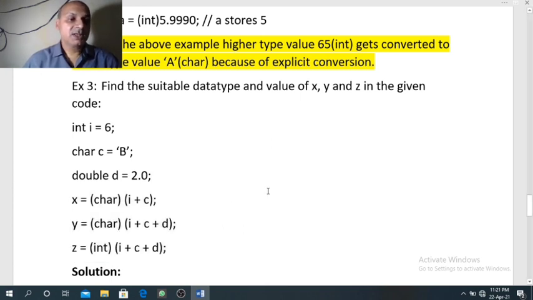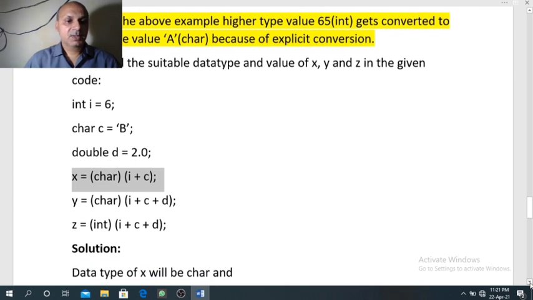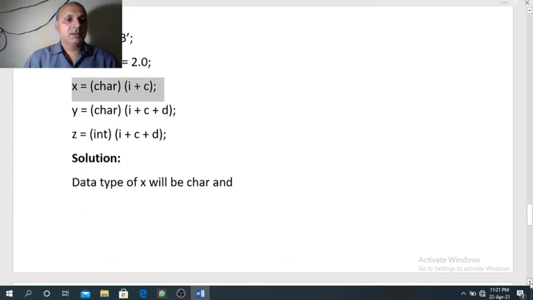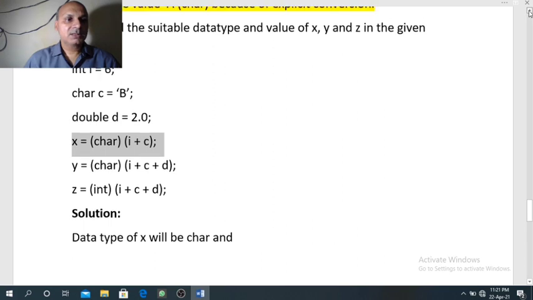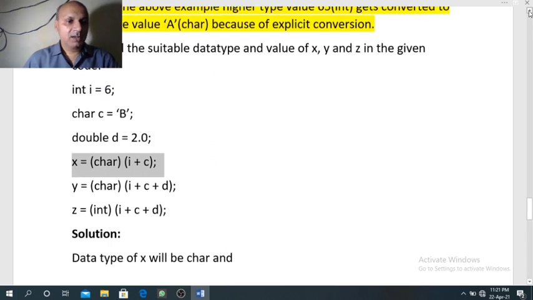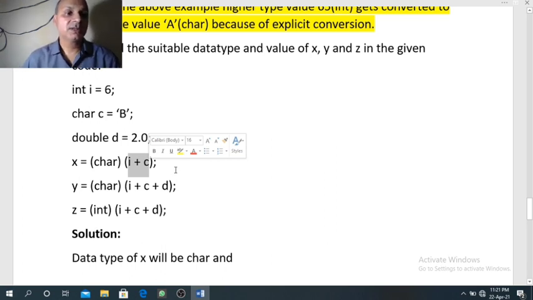x equal to typecasting char in bracket i plus c. So when we calculate the first statement here, i plus c, here i is 6 and c is capital B. So 6 plus capital B, integer plus character, so between them higher type is integer.